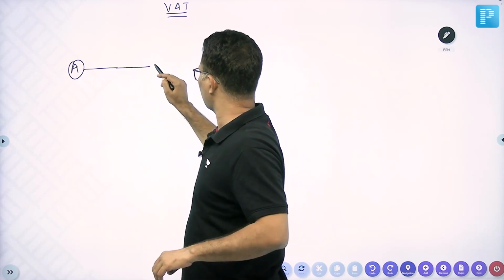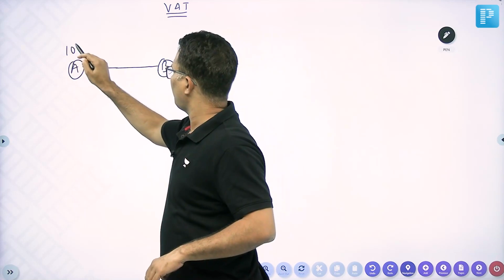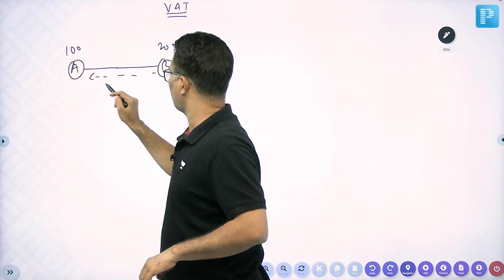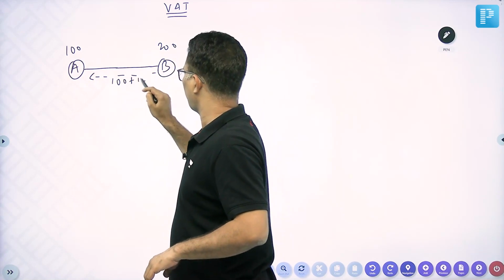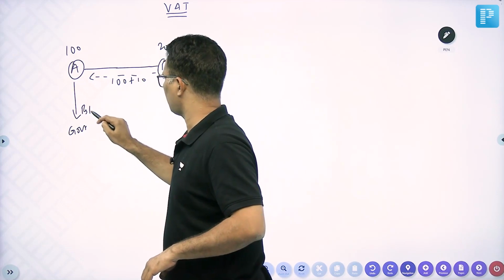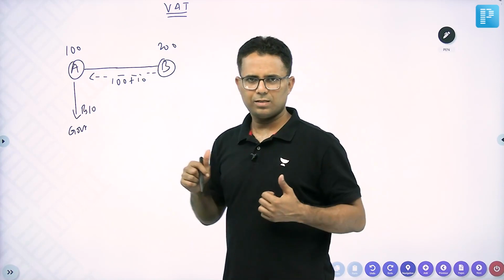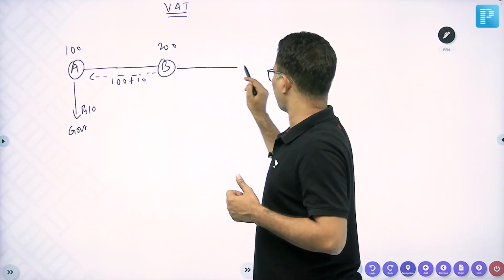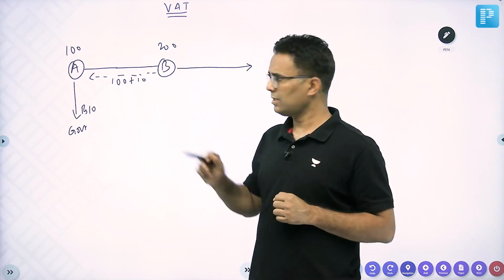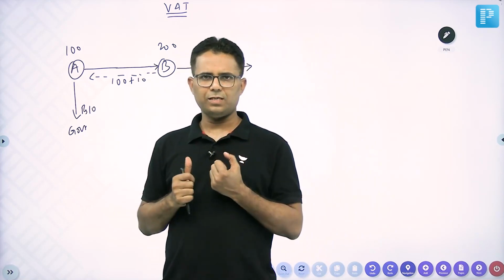So have patience. A, B. A's value addition is 100, B's value addition is 200. A's price is 100 plus 10, and A deposited rupees 10 to the government. Now when I am standing here at B and B is trying to sell, so if I am B,